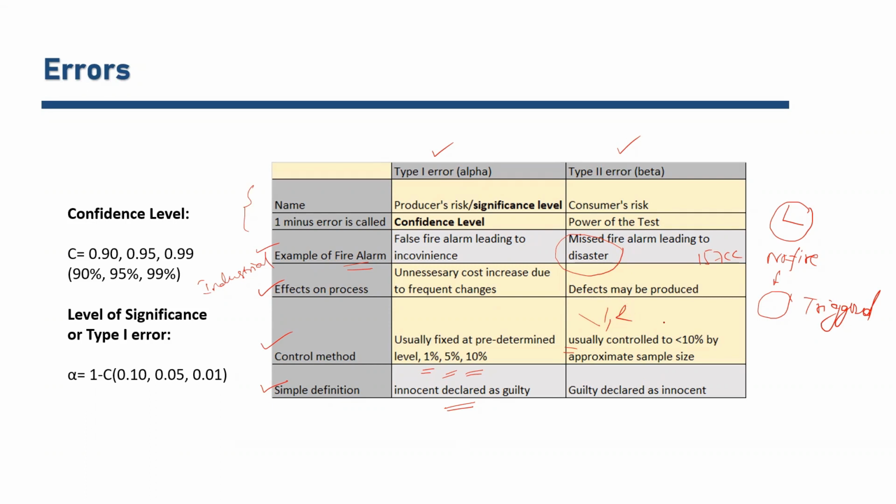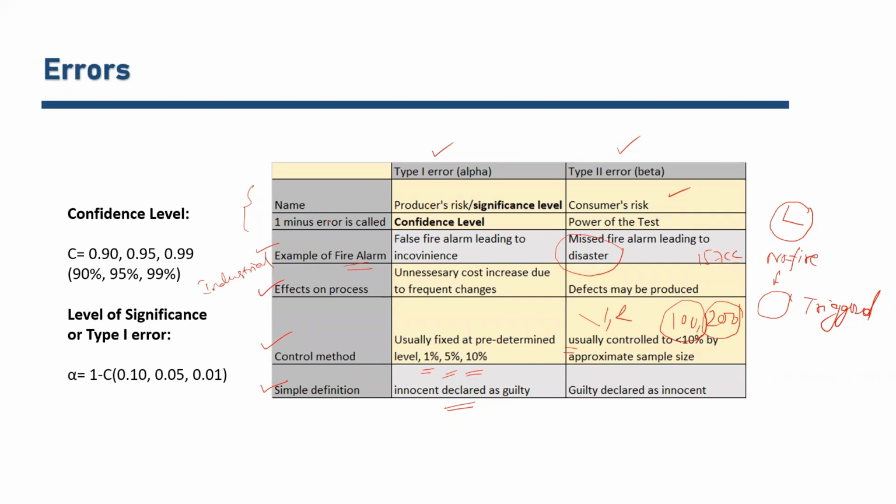But if you are not taking hundreds or two hundreds of units and performing a test on top of it, and say that okay, I think this is not good because the majority of your products are defective. So this is actually a consumer's risk. So you make sure that you are testing with a large sample in order to avoid any beta error,